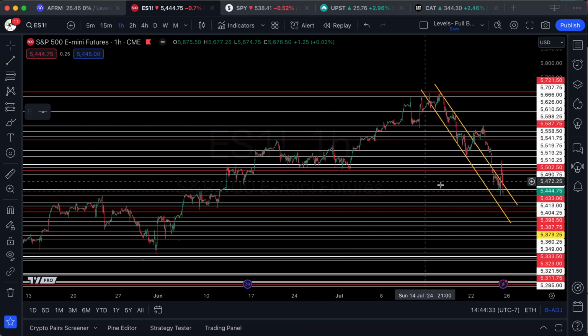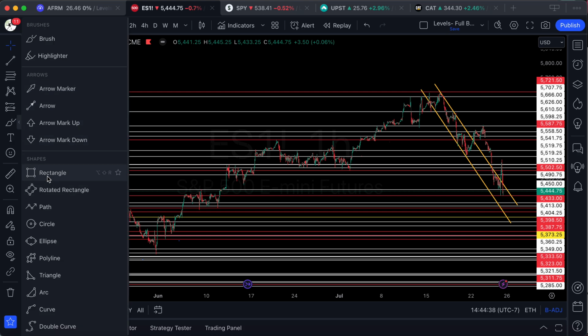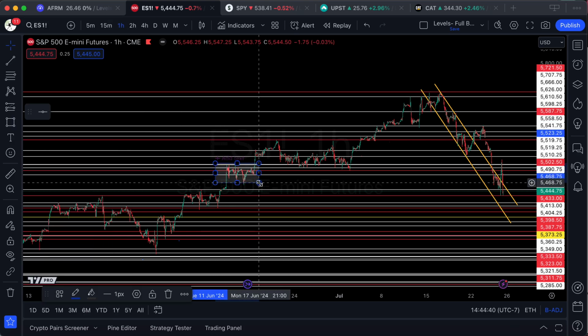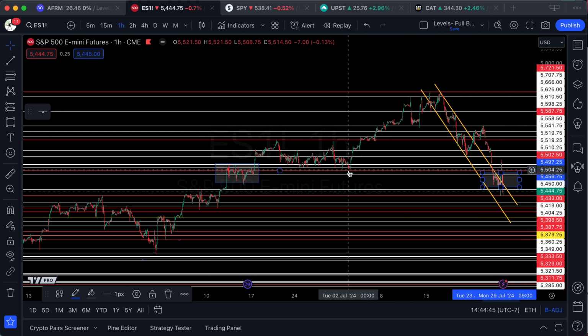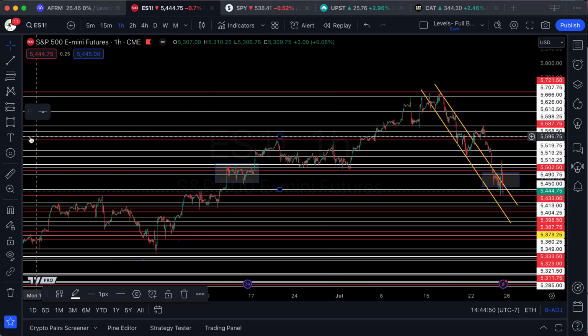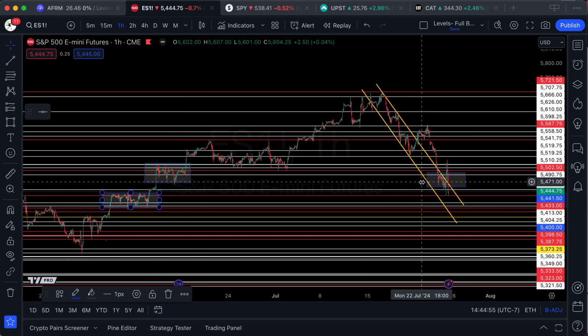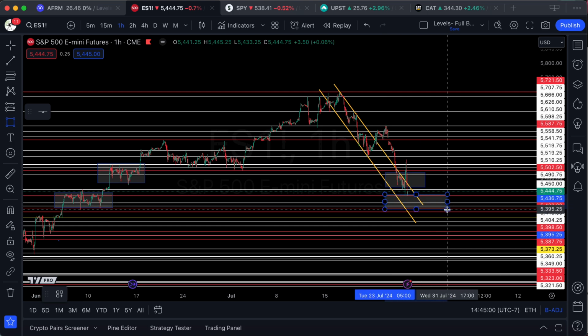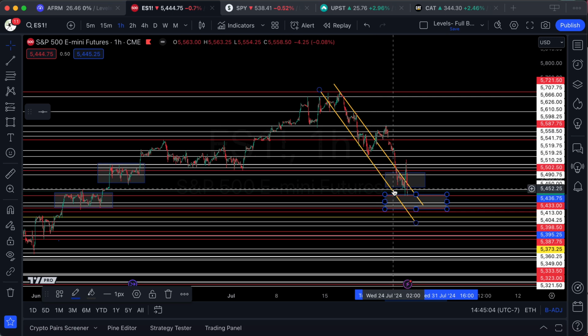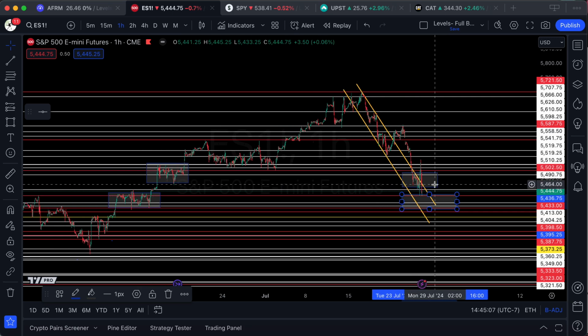And then just watching for symmetry. So you see we had a little bit of static here. You can see we had a little bit of static there, right, so that's roughly symmetrical. So this gets choppy again too. So just knowing where your chop zones might be, right? It's a little choppy area between these. So to the downside, let's say we do get that downside we talked about. Maybe don't expect it to be knives down, but instead expect a little bit of chopping around as they re-explore that channel. Excited to see what happens. Later.